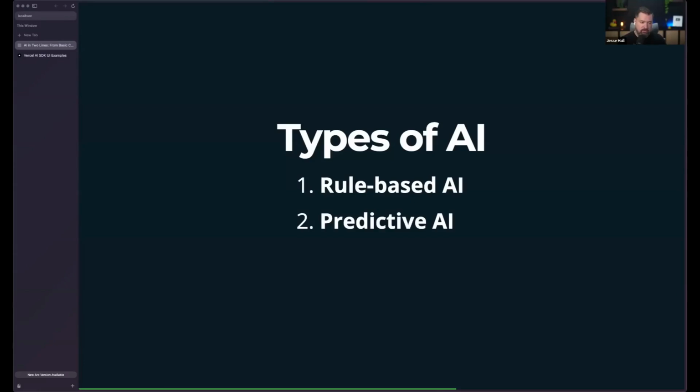Then we have predictive AI. You're writing in Google Docs, and it tries to predict your next word. In your IDE, you're typing code, and it's predicting, and you're just hitting tab, right? That's predictive AI. And then there's generative AI. Of course, this is the hype. Everything is moving towards generative AI. Again, in the IDE, generating images, etc.